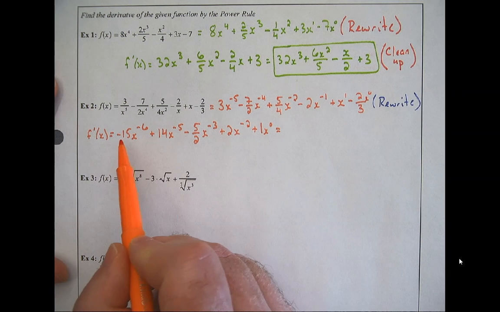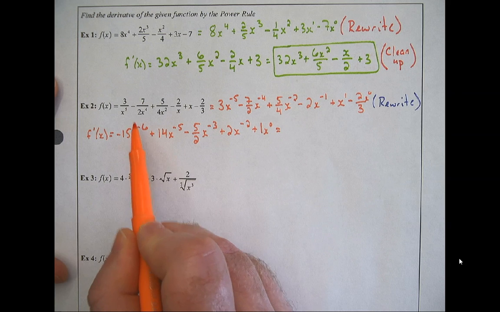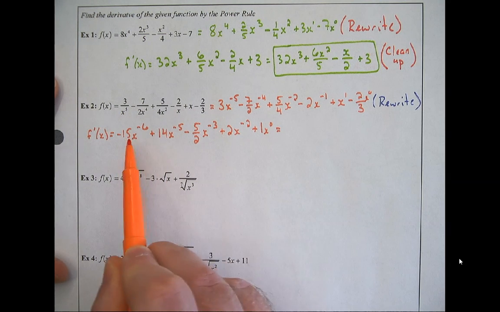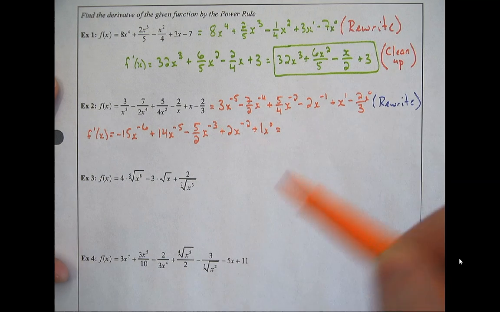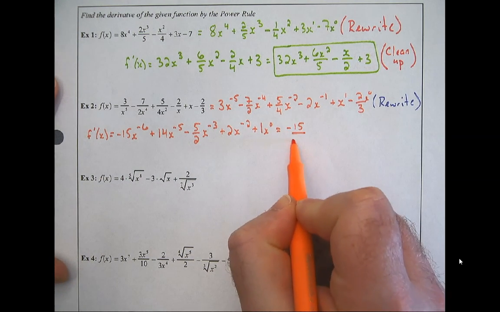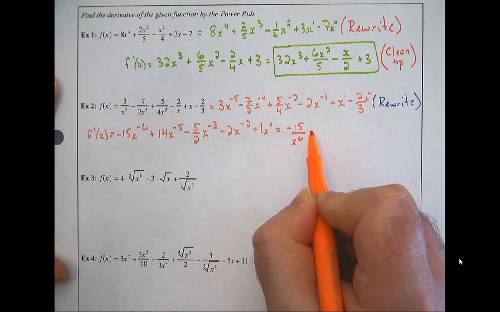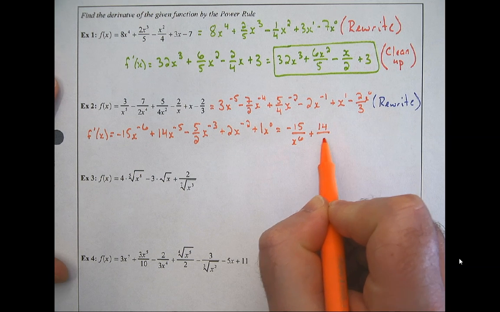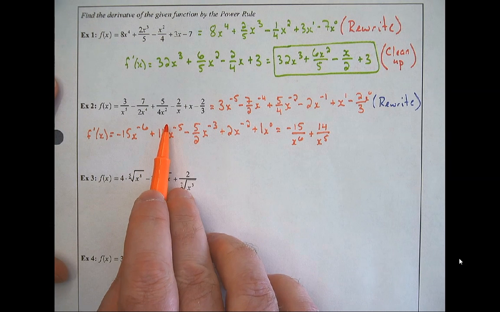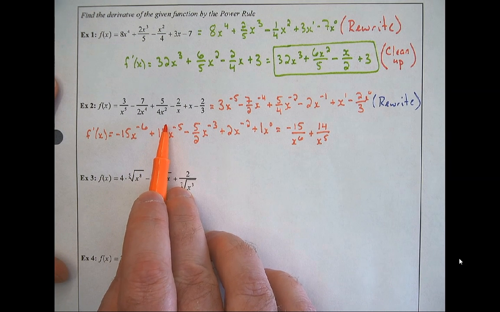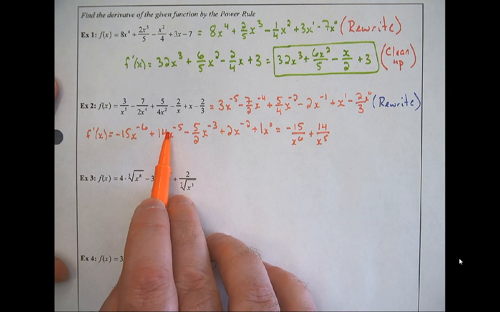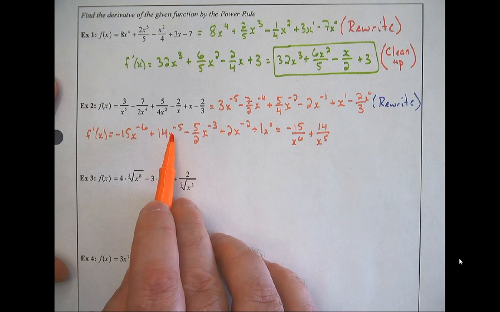So now we're going to do our cleanup. So our cleanup is to take everything and try to rewrite it as we did before. So you notice we didn't have any negative exponents. So we now need to bump these back to the denominators. So we would have negative 15 over x to the 6th plus 14 over x to the 5. Notice the 14 is still to the power of 1. That's not going to get bumped to the denominator. The 14 and the x are separated by a multiplication, which attaches the negative 5 only to the x, not